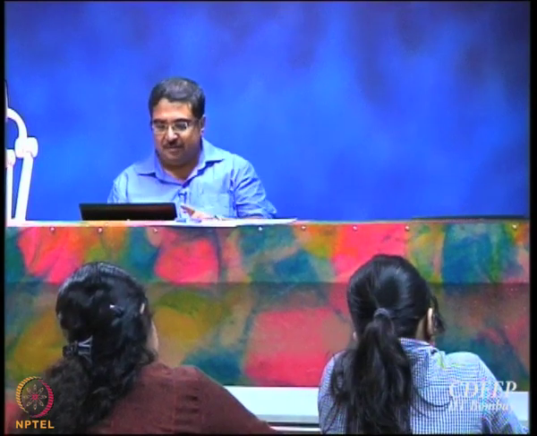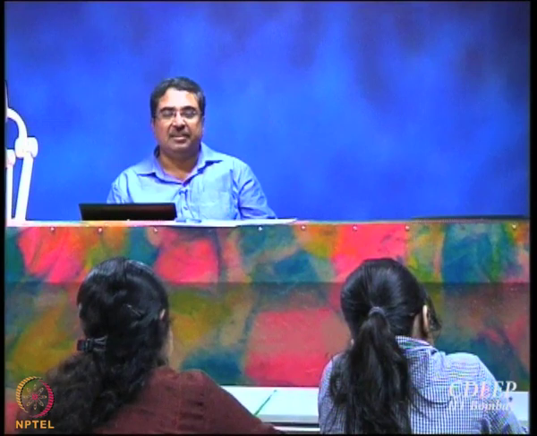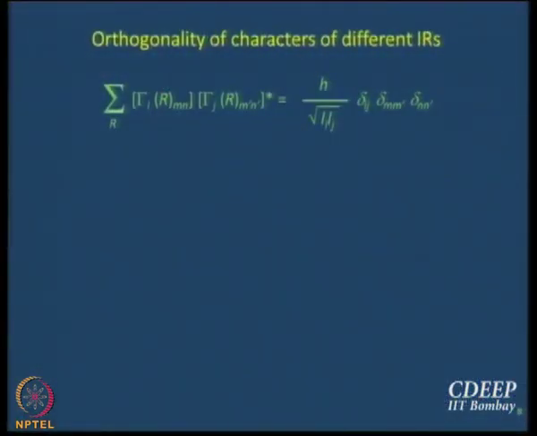Now, number 3 is the orthogonality of characters of different IRs. Once again, you go back to the great orthogonality theorem, and then we will see after midsem how, in fact, even now we can do it. It's just that I want to get somewhere, so I don't want to spend too much time here at the moment. So you can prove that the sum over R, chi IR, chi JR, is going to be equal to 0. We will derive this more formally when we come back after midsem.